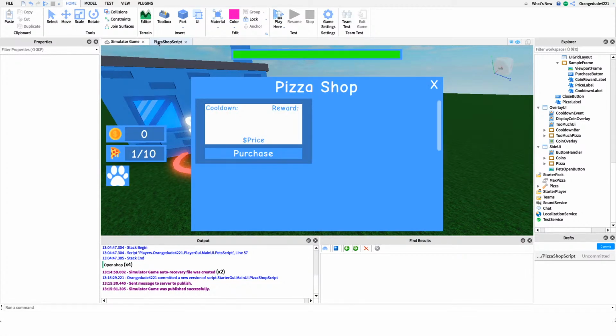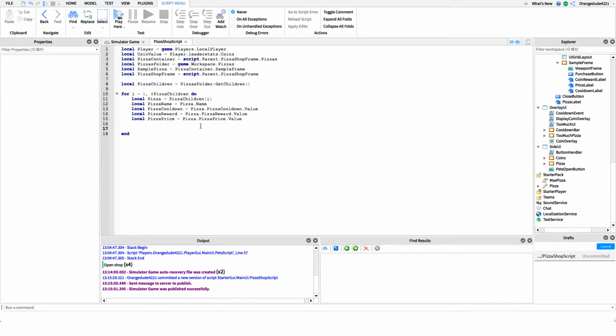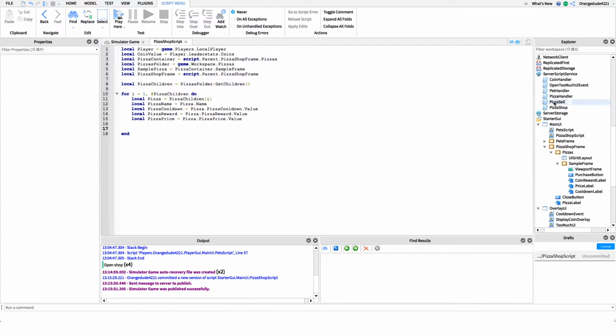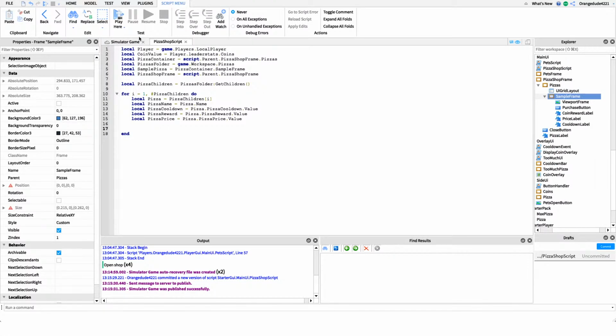Makes sense now. So what we'll do is, let's say we're just looping through and we're at the red pizza. What we want to do is clone this sample frame right here. So I'm just going to say sample pizza colon clone, and we want to make a variable for that. So local pizza frame clone equals